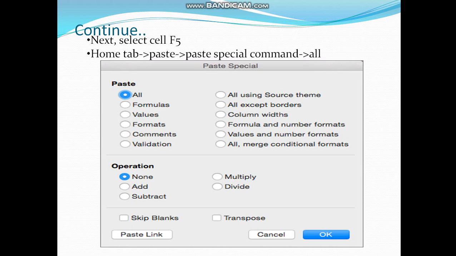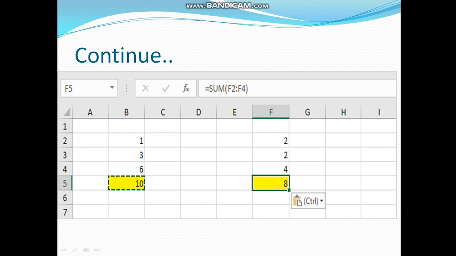After that, you will click on the Home tab, click on the Paste command and then select the Paste Special command, and that dialog box will appear as shown in the image. You will select the All option and click OK. Here in the image you can see that 8 is shown.